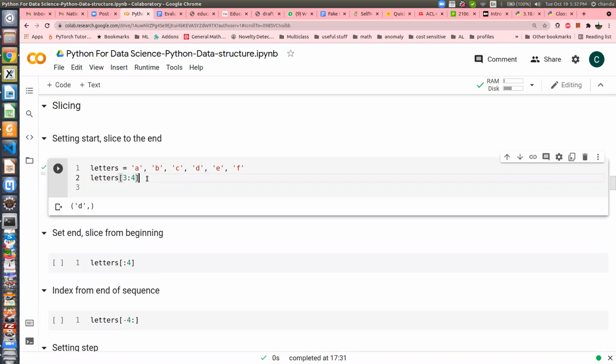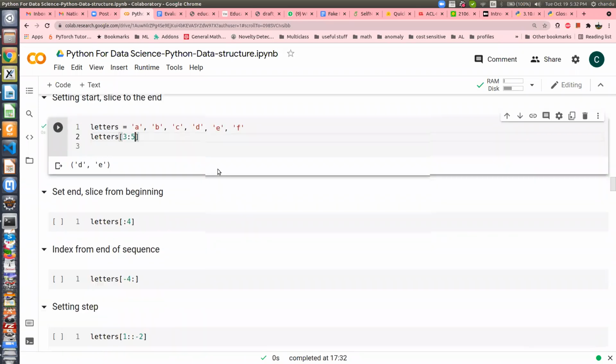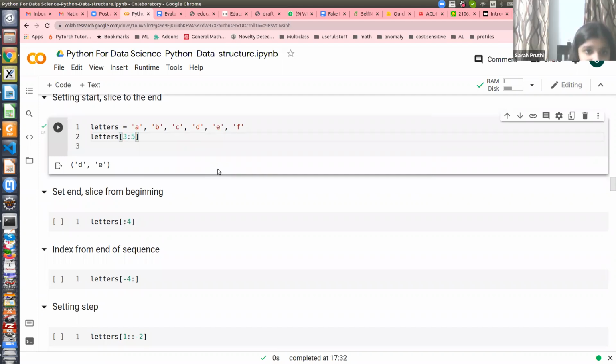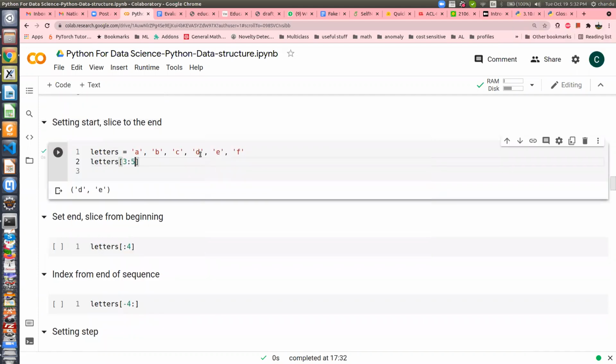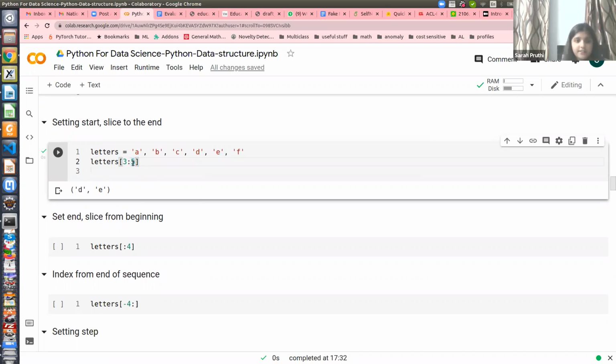If you want to return D and E both, what should I type? 5. So it will return the items at locations 3 and 4. Clear? Why will it not come DE with 3 to 5? Because I return the item starting at 3, then go to the next location 4, and I try to return item 5 as well, but Python doesn't return the item at this last location. That's the rule.